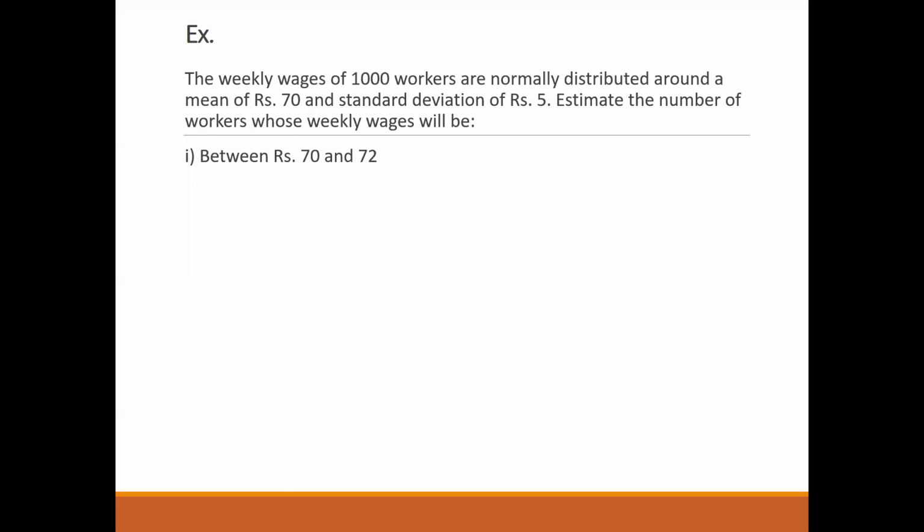Okay. So you have to find out the probability for the value of z between 0 and 0.4. Now refer to that standard normal curve table where we have all the values of probability for different values of z and tell me the answer. Please try it out. Okay, there's one answer in the chat.